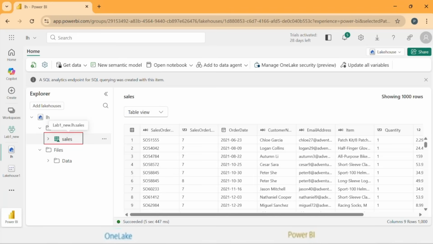Power BI does not copy that data. It reads directly from one lake, meaning your report always connects to the latest version. And because delta format is optimized for analytics, everything loads incredibly fast.